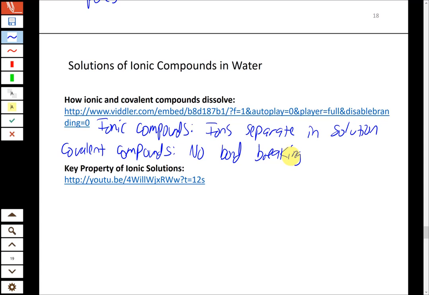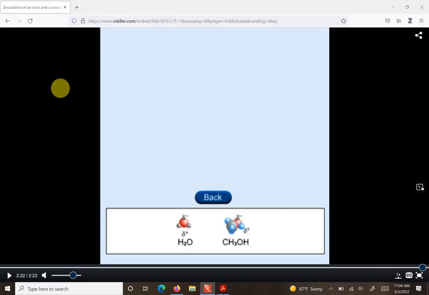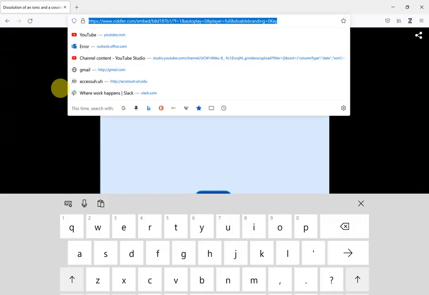And then what this leads to is some key properties of ionic solutions. So that's the difference between ionic compounds and covalent compounds when they dissolve. How does that relate to the properties of these solutions? And the key property we're going to talk about,